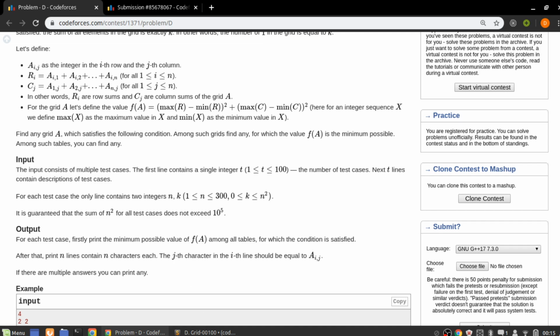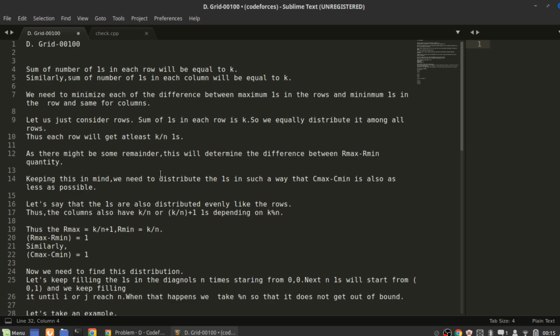Let's analyze the problem a bit. The sum of the number of ones in each row is equal to k. So if we take the sum of ones in the first row, plus the second row, plus the third row, and so on, the sum of the entire grid will be equal to k. Similarly for columns. Now as there are n rows, we try to equally distribute the ones among all rows so that the difference between the maximum and minimum is as small as possible. For that we distribute at least k by n ones in each row and at least k by n ones in each column. As there will be some remainder,